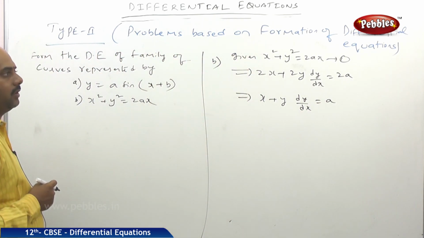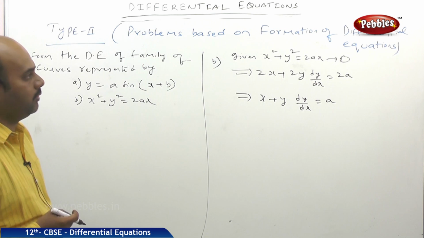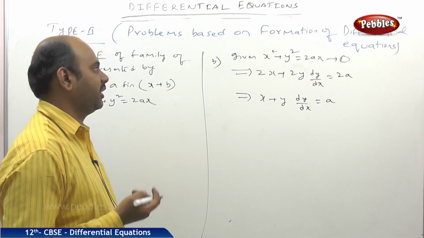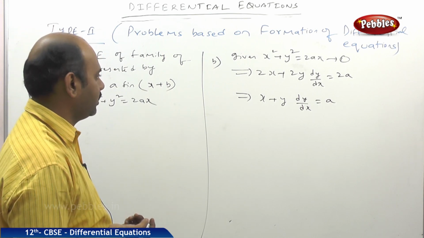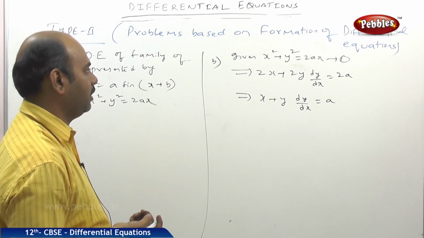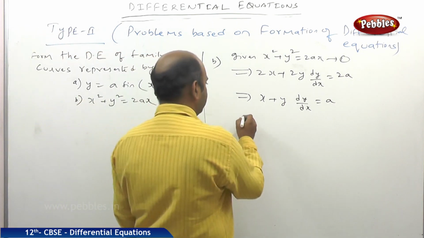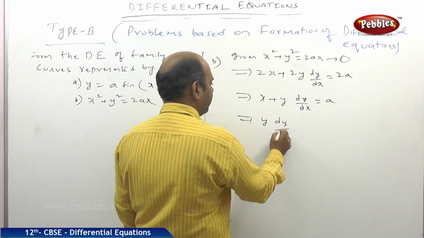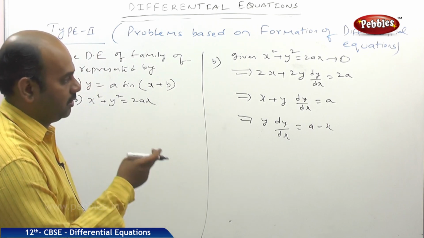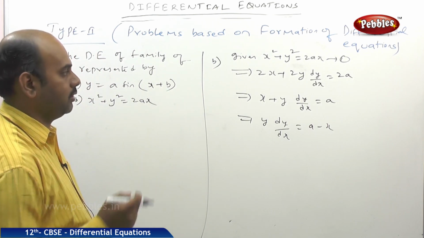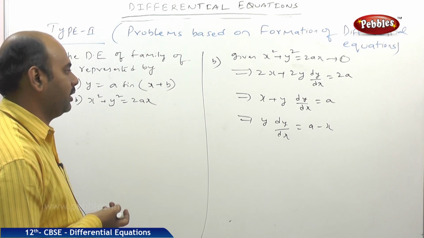Now I think we can get a differential equation easily from here also. How can we get it? In place of a, if I substitute x plus y dy by dx, we can also get a differential equation. That is one process. Or else, y into dy by dx equals a minus x, and squaring on both sides, like that also I will get it. If I do it like this, a square will again get involved, because if I square both sides, a square plus x square minus 2ax will be there. That will be a big headache for us.